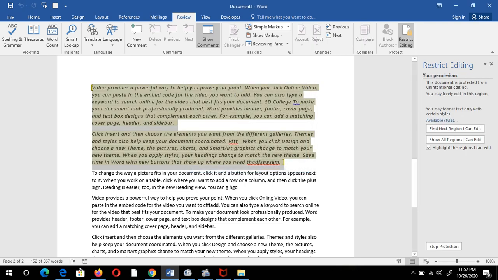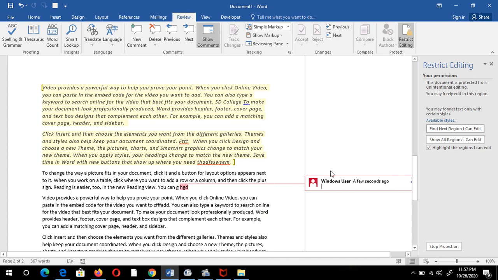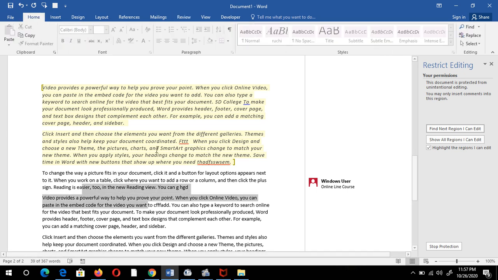Click OK. Now my restriction is implemented on my document. Firstly, I can't change it because there are restrictions, but I can give a comment here. Suppose I want to write something here: online course. I can give the comment here because I selected the comments option, and you can't change anything else.